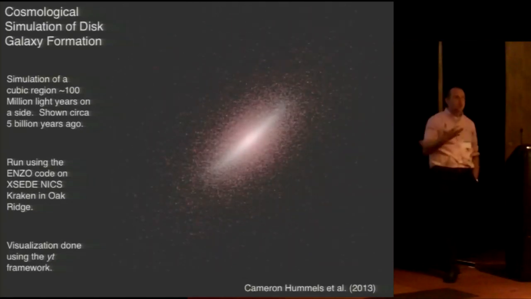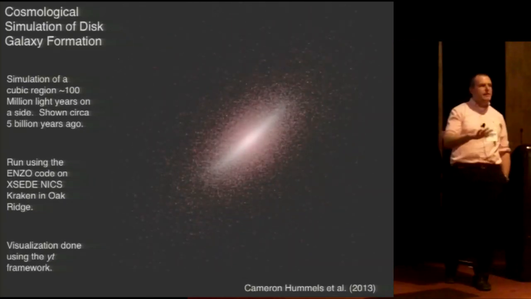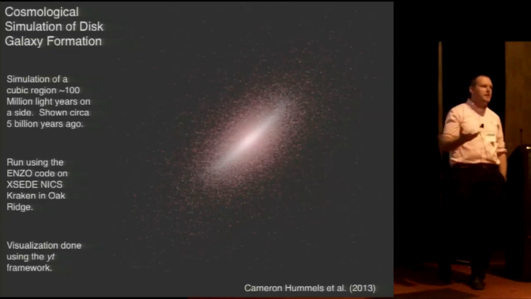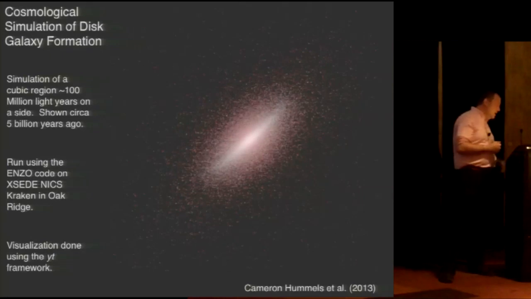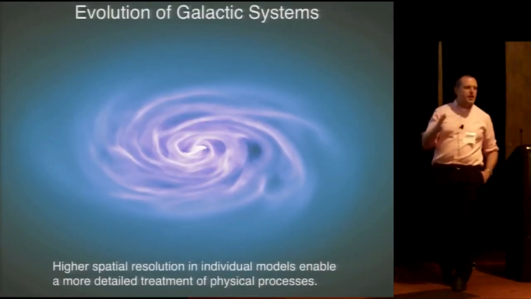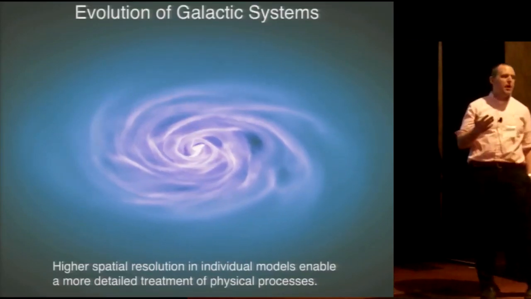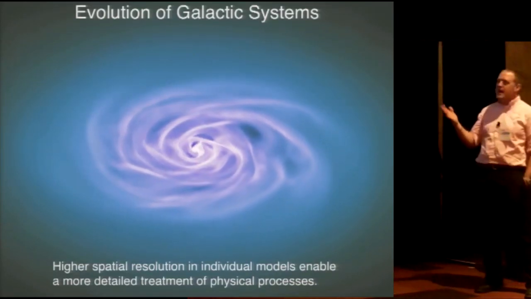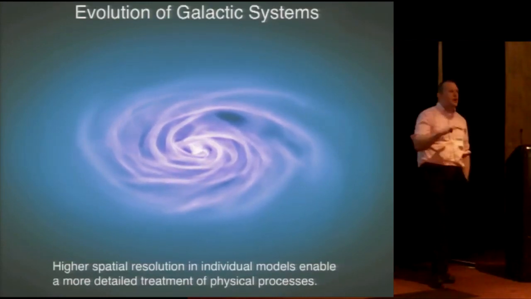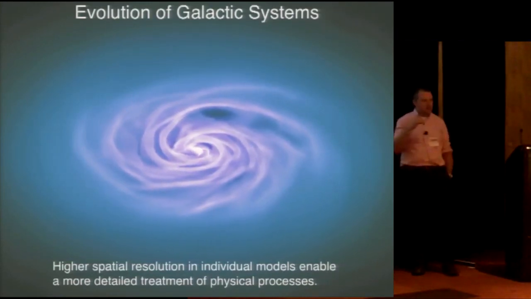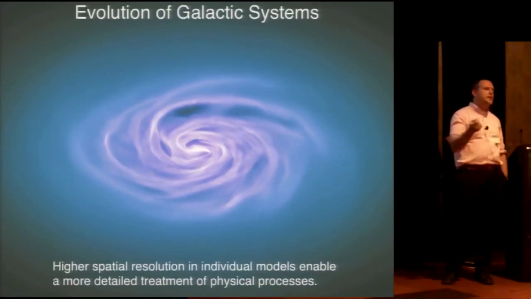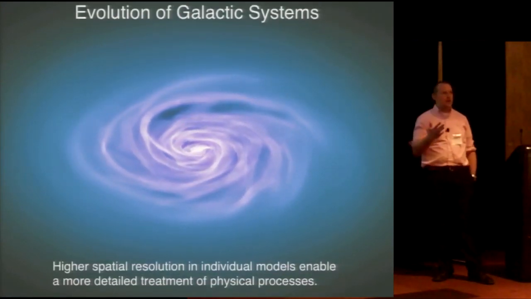But what we're really interested in pushing on is the physical detail of these simulations. The simulation was very nice, but it doesn't include all the physics that you might be interested in. So that pushes us to looking at smaller scales. So this is a smooth particle hydrodynamic simulation of an individual galaxy. It's just sitting there rotating, but the physics that go into the formation of stars and the supernova rate and the heating processes within the galaxy are all quite sophisticated in this model.